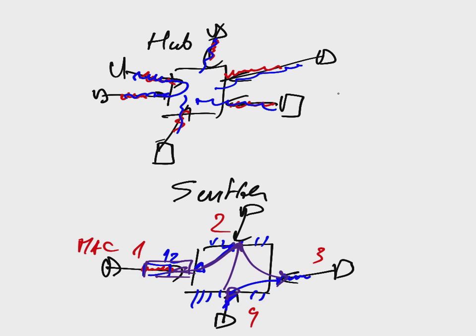Yeah, and what is a repeater? A repeater is something like strengthening the signal if you have a very long Ethernet cable. For example, here is some device very far away from this hub, then you may have a repeater which retransmits this signal and makes it stronger to make it reliably received at the other end.